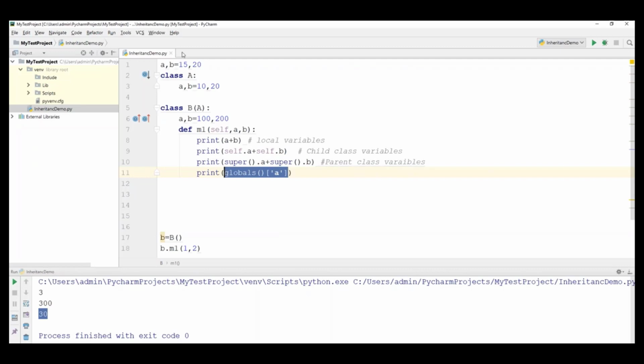So this will access the global variable, plus again globals(), and again in brackets with single quotes we specify the variable b. So now this will access the global variables and perform the sum of these two variables. So this statement will access global variables.